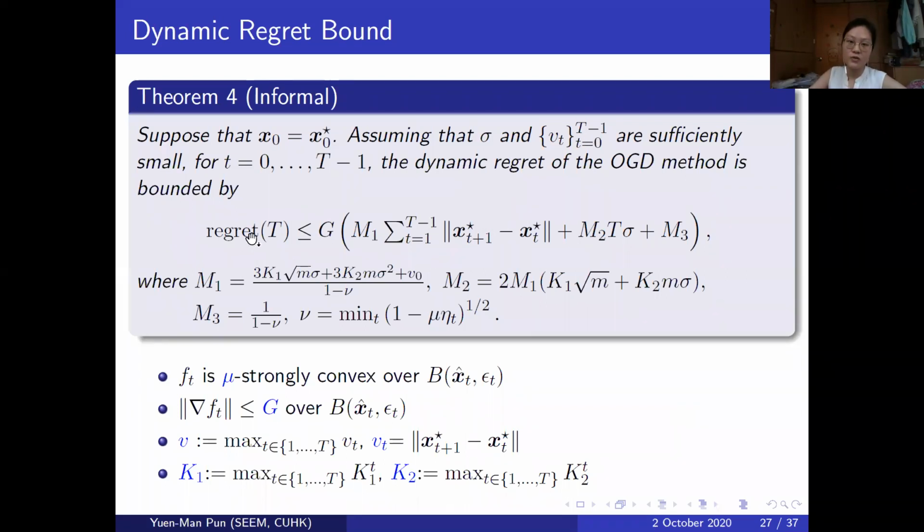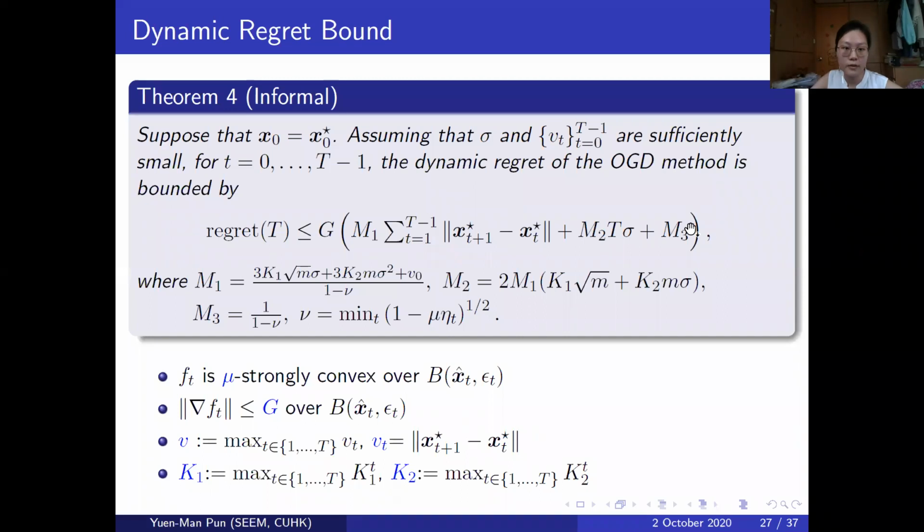Then we have the regret bound upper bounded by this quantity. As you can see, in the first term here, G, M1, M2, M3 are some constants. This is in terms of the path variation. This is in terms of the noise power times some t, so it grows linearly,